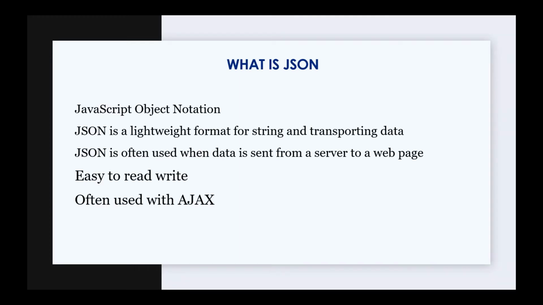So what really is JSON? JSON is JavaScript Object Notation, and you know that everything works on object notations, especially while you are transmitting data from your browser to your server. So basically, that's where we use JavaScript Object Notation, which is an alternative to XML, which makes things a lot easier. And JSON is often used when data is sent from a server to a web page,